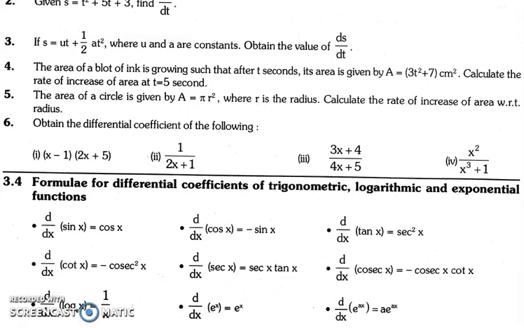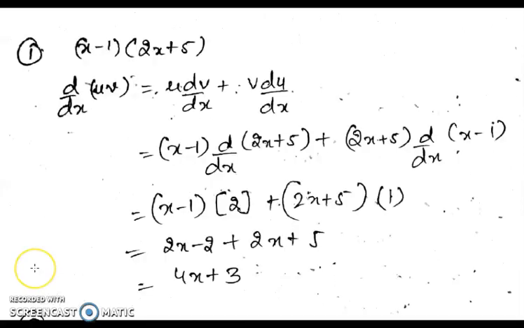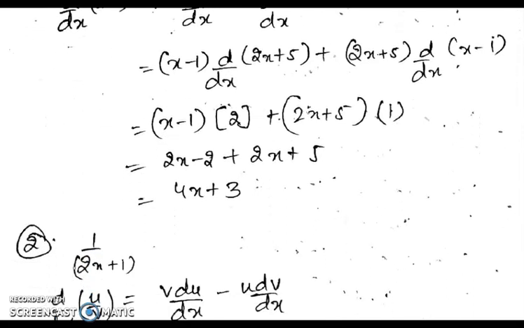So my name is Shubham and today we'll be starting with the question number 6 solutions that I already told you that I'll be giving you the solutions for these questions. So this is the first question solution. As you can clearly see, d by dx of u into v we have applied. It will be u into dv by dx plus v into du by dx. It is a self-explanatory solution. You can go through this on your own.